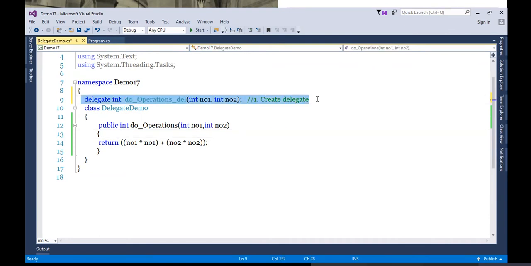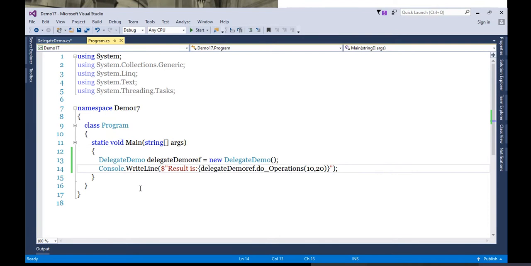Now, as I told you already, delegate is a reference type. So when you create any reference type, please try to create it in namespace scope. This is the suggestion. But you may create this delegate inside a class if you want that in that scope. But what is the preferable place? Namespace scope. Okay. So the first step is over.